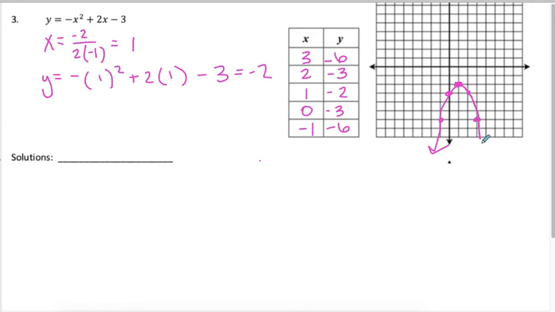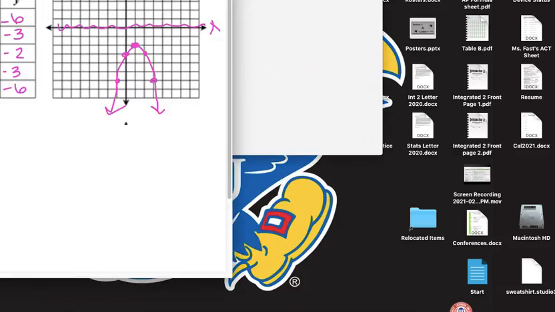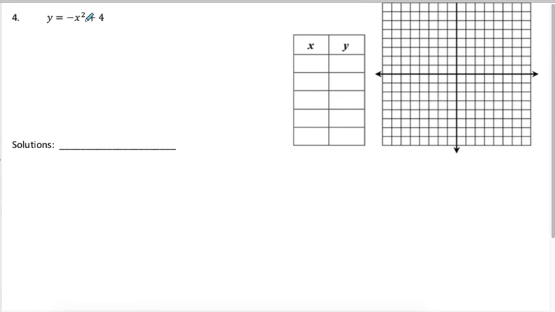All right, so where are these solutions? I'm looking for where does this cross the x-axis? Notice this negative sign has made it open down, away from the vertex, and because of where our vertex is, it never crosses this x-axis. It won't cross it. So in this case, visually, I can tell there are no solutions. There are none. And our last one, okay, I'm going to rewrite this so that I can see all the